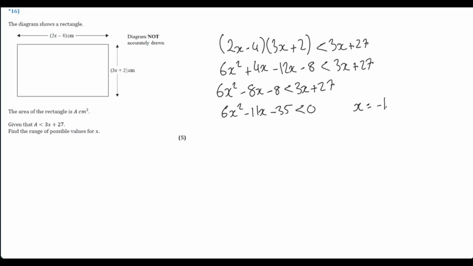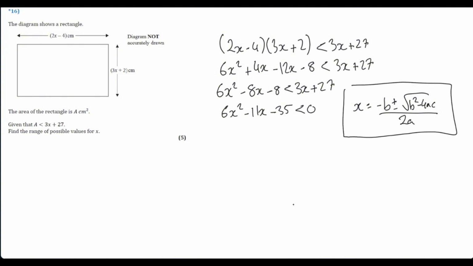x equals minus b plus or minus the square root of b squared minus 4ac, over 2a. If you use this quadratic formula, again, I'm just going to skip ahead and tell you the solutions. You will get 7 over 2, and you will get minus 5 over 3. Okay. Now, you have answered part of the question, but it is still crucial to get the inequality right,